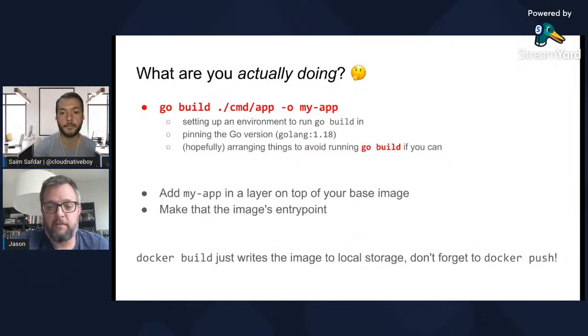So whenever I see things getting really complex, I look around at that Dockerfile and I don't understand what half of the lines mean or whether they need to be in exactly that order. I like to take a step back, take a beat, and say, what am I actually doing? What is the actual core of the thing I'm doing? At the end of the day, all of that Dockerfile is setting up an environment for me to run Go build in. It's pinning the Go version that I use to build it. That's good. But it's mostly setting up an environment for me to run Go build inside of,